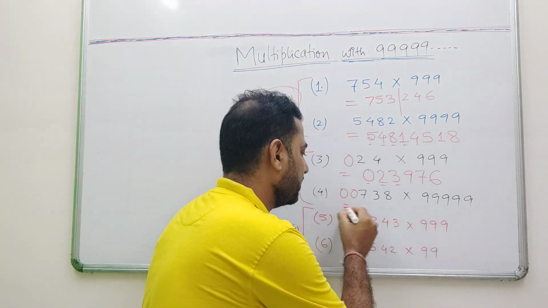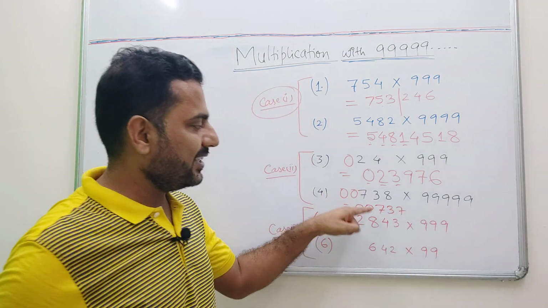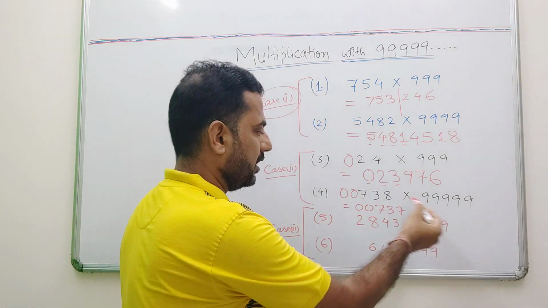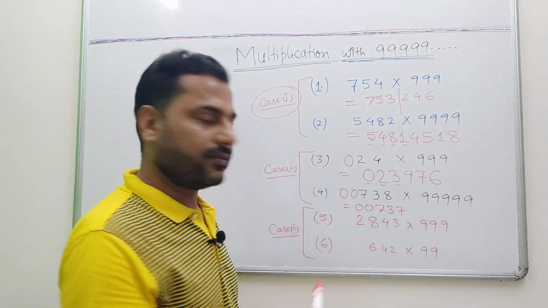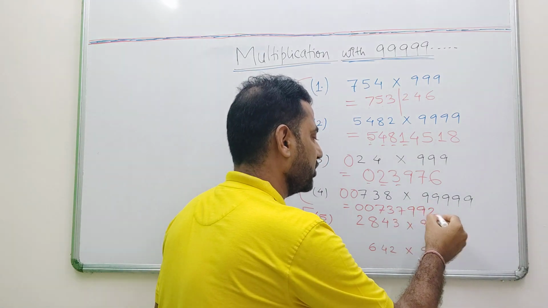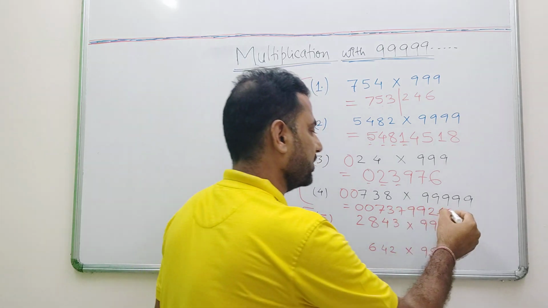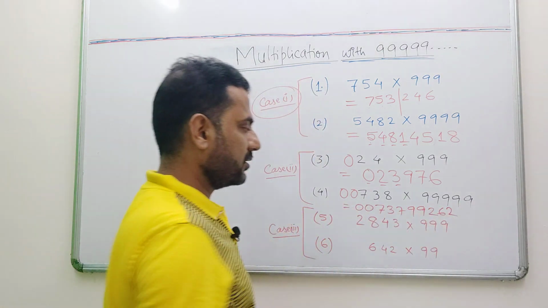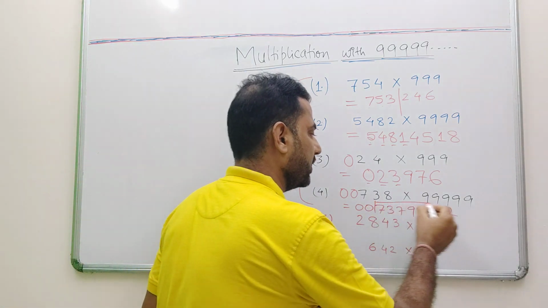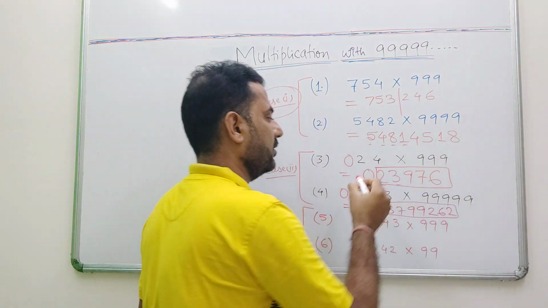And after that I will write the answer as 00737, 1 less than the given number. And after that take the difference of each of the digits from 9. So 9 minus 0 gives me 9, 9 minus 0 again 9, 9 minus 7 is 2, 9 minus 3 gives us 6, and 9 minus 7 is 2. Now you can remove these 2 zeros to write the final answer. This is the final answer. In this case it was the final answer.